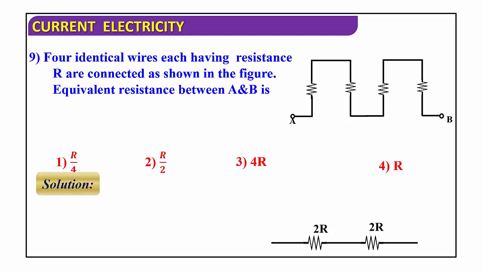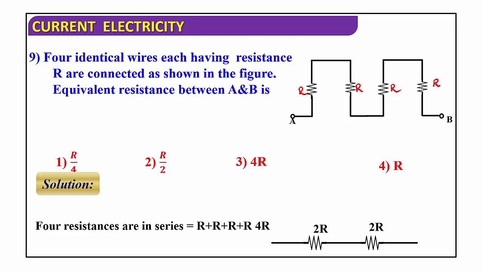You can observe. It is very easy. You can observe 4 resistances, how they are connected. Each resistance value is how much? R, and this is also R, and this is also R. Is it clear? So R and this second resistor both are connected in series, and then completely it is connected in series. So what is the final answer? R plus R plus R plus R. From A to B, what is the final answer? 4R. So 4R means which is the right option. So third one is the right option.